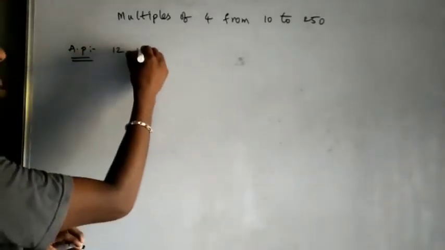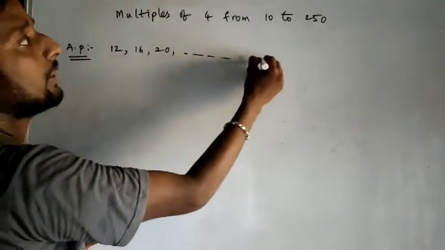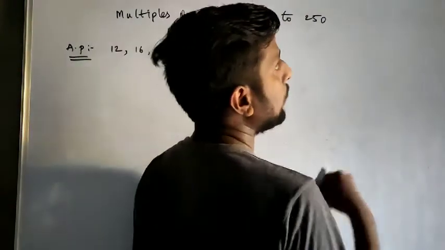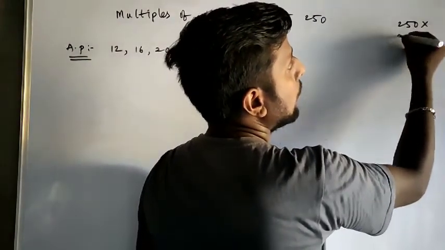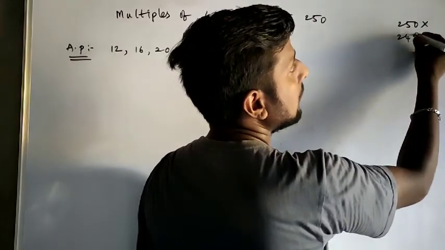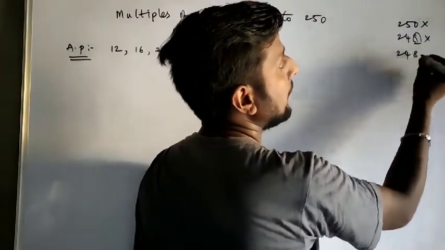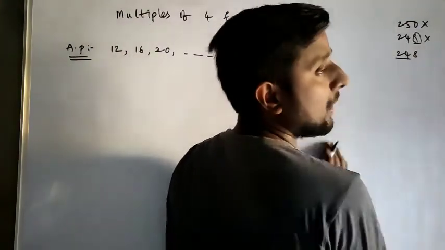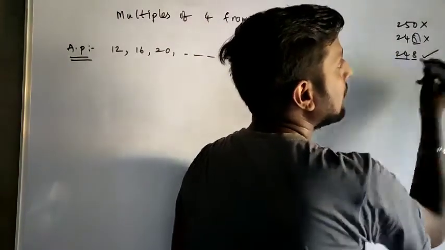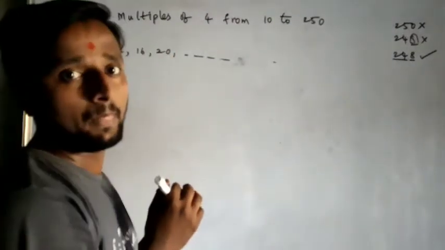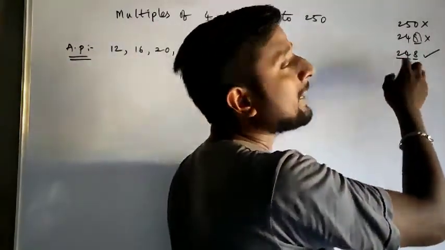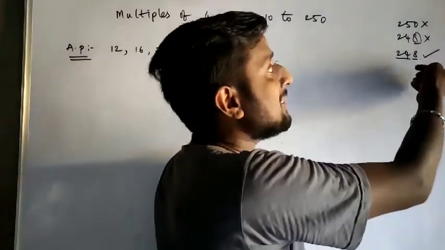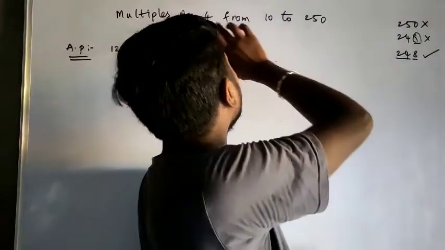So the next number 16, obviously 20, and so on. Now we need the last number. 250 is not divisible. 249 is also not divisible because our last number is odd. 248, logically we'll see: 4 6s are 24, up to this part divisible, and 4 2s are 8, this number is divisible, correct? Now logically 248 is a number which is divisible.